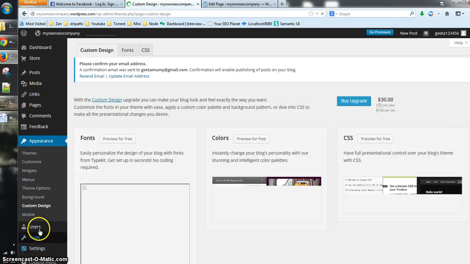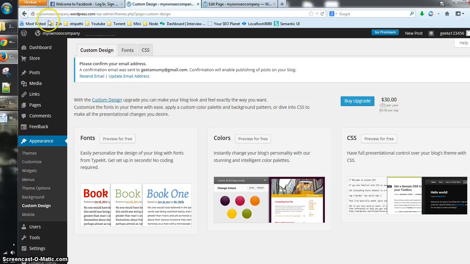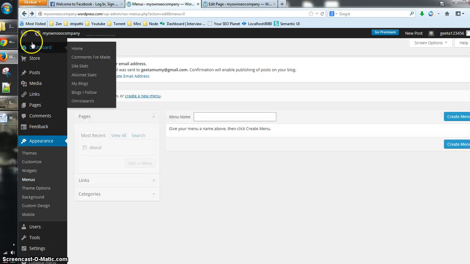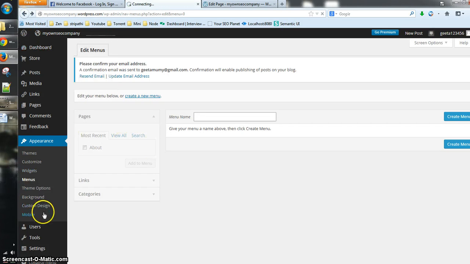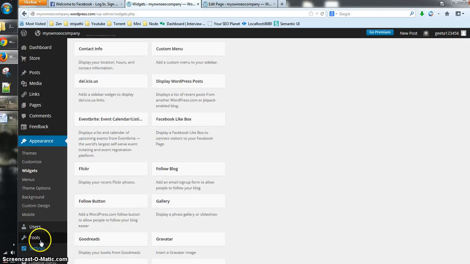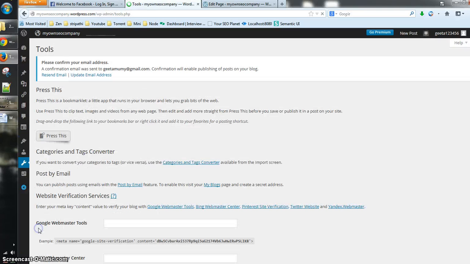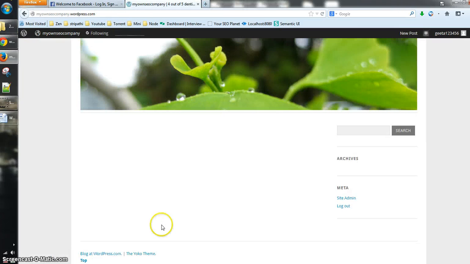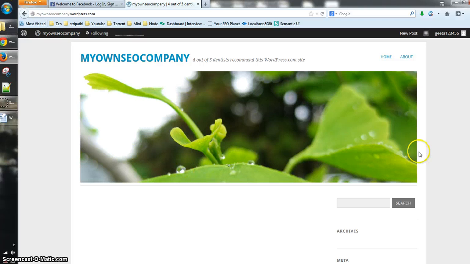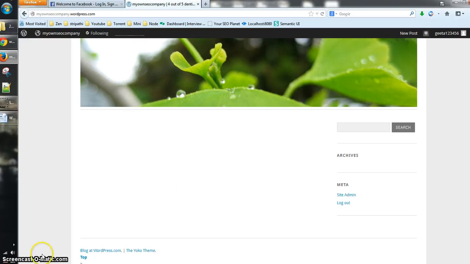And one most important thing is plugins. I think you might be aware, if you need a Facebook plugin button, or a YouTube plugin, all those things. So how can you do it? I think you're getting this option like widgets. In widgets you can see tools, users. So you can very easily check all these things. So in this way you'll get a site like this. Here your post will appear. I think you find this way the easiest and simplest way.